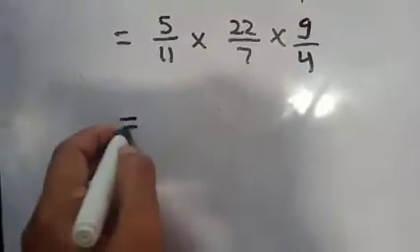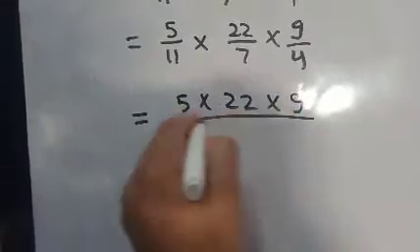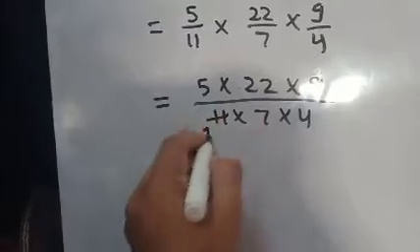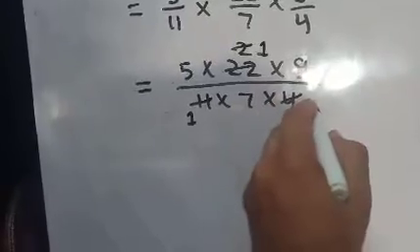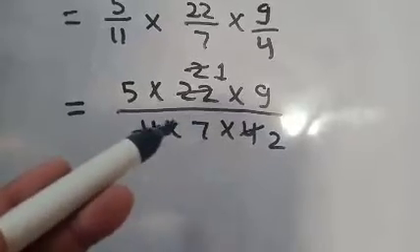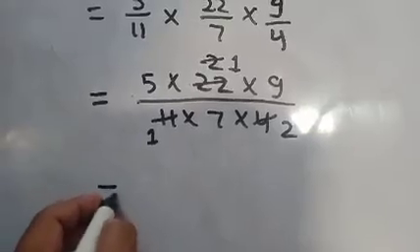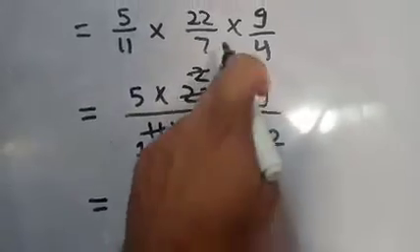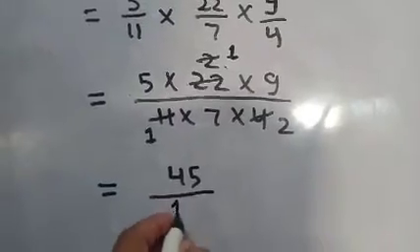So, product of all numerators upon product of all denominators. 11 ones are 11, 11 twos are 22, 2 ones are 2, 2 fours are 2 2 are 4. So there is no other fraction which has a common factor other than 1. So you should multiply 9 fives are 45, 1 times 45, and 7 twos are 14.